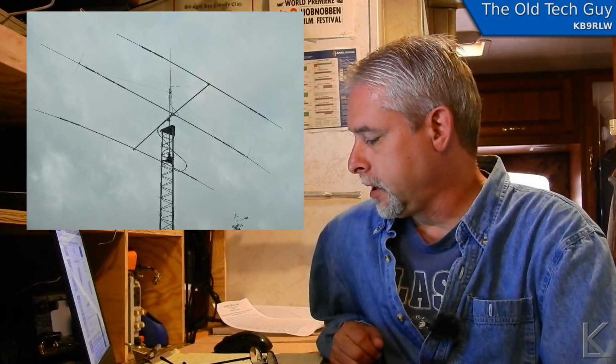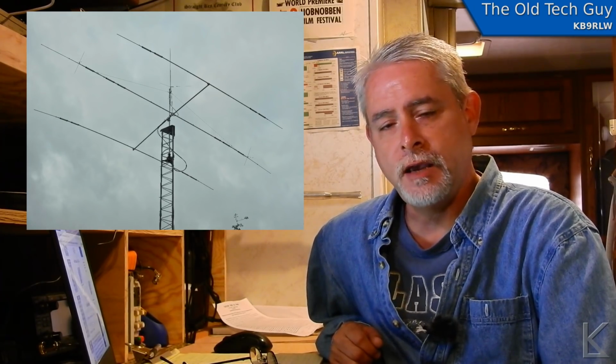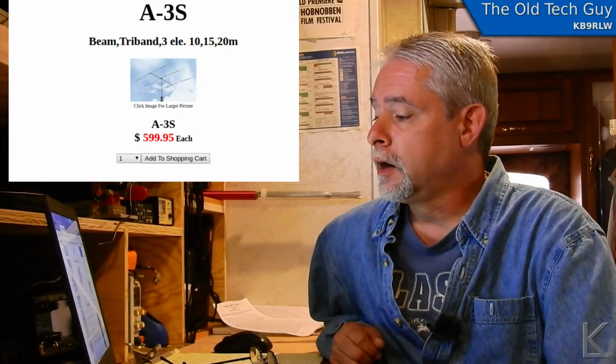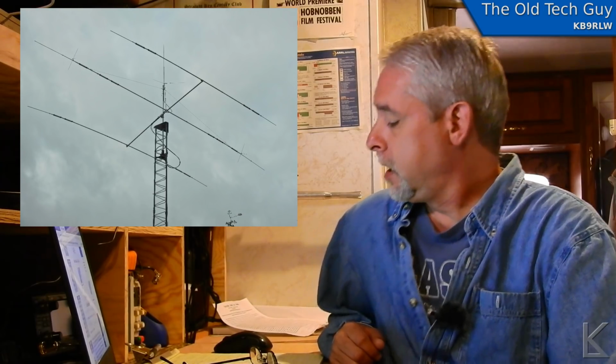A local ham named Al bought a Cushcraft A3S beam. Now it's sold as a tri-band beam, 10, 15, and 20 meters. But they do have a 40-meter kit that you can pick up for it, which he did. He got the 40-meter kit for it. And he bought it,